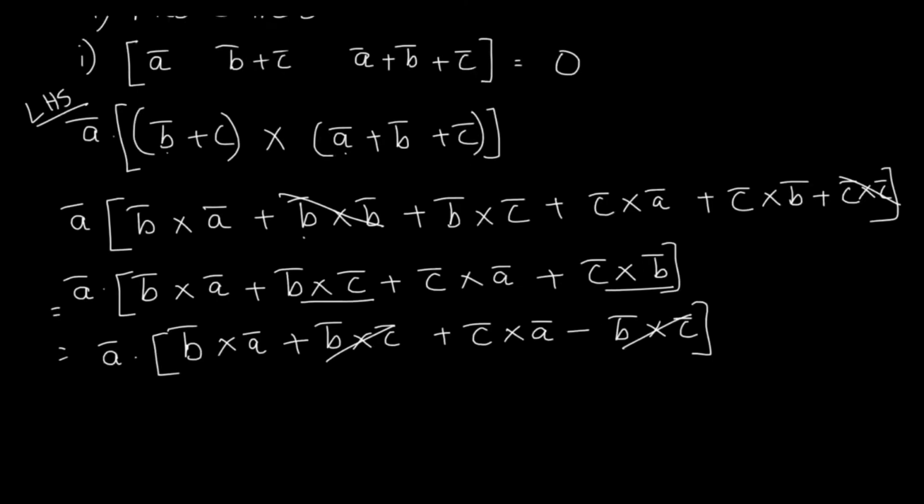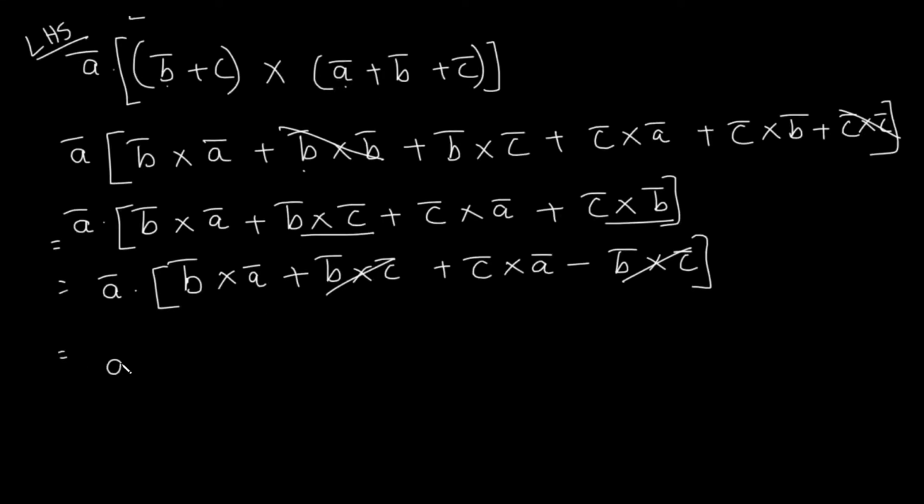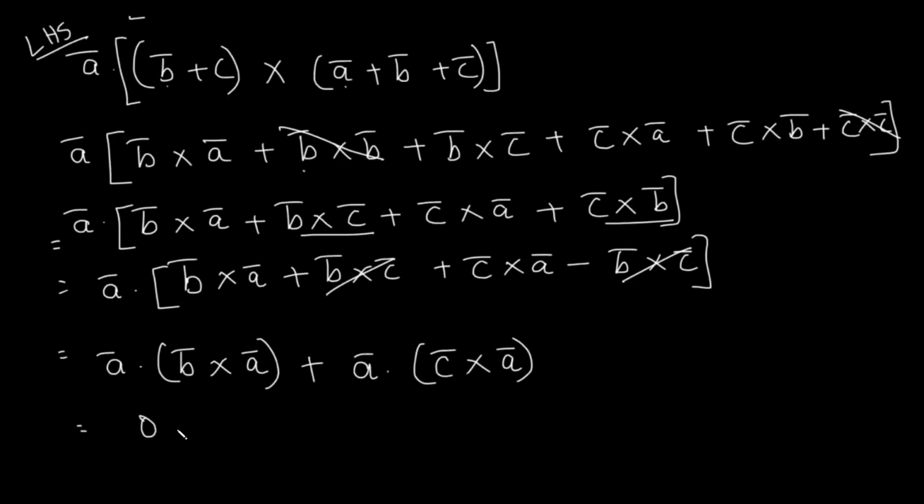Now what we do is we open the bracket and we get A dot B cross A plus A dot C cross A. Now we have learned while learning about the properties of the scalar triple product that among three vectors, when two vectors are equal, the scalar triple product becomes 0. So over here two A's are there, over here also we have two A's. And therefore we have 0 plus 0 which is 0, which is RHS.